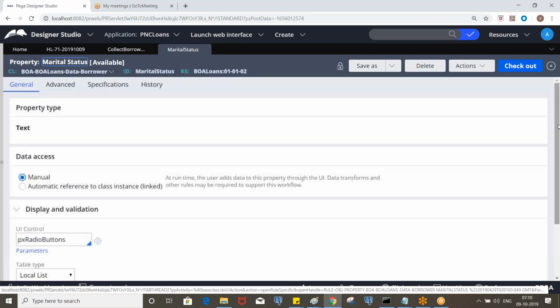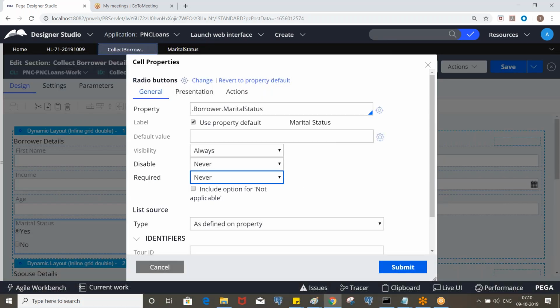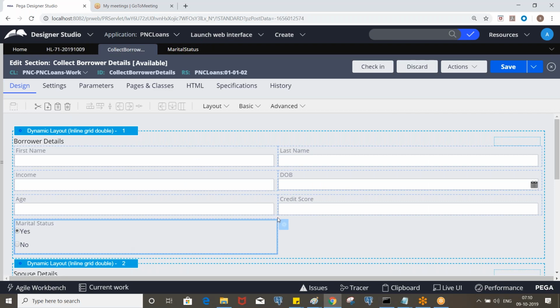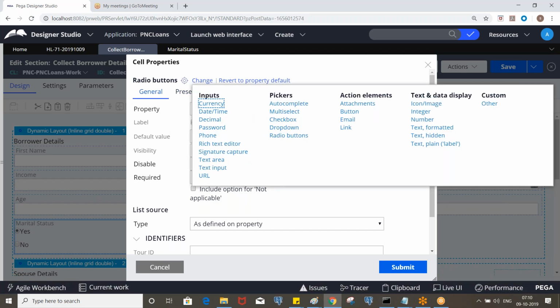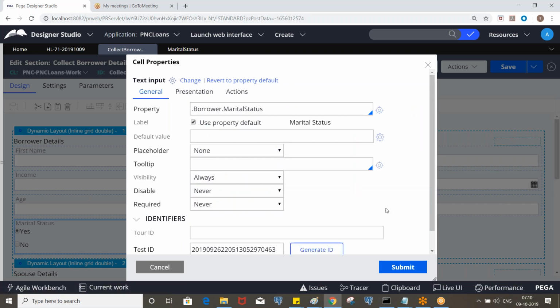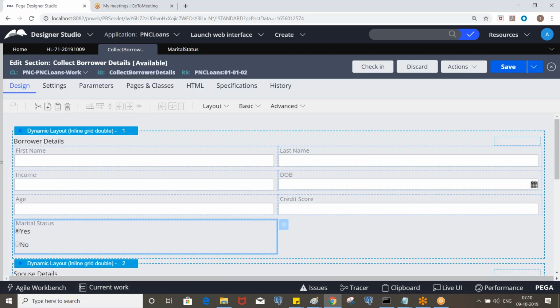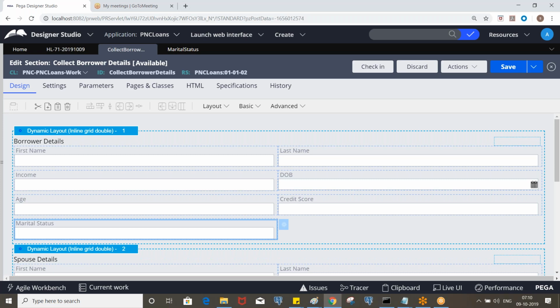But in some form, I want a different control. Here I don't want a radio button. I want it to be a text input, for example. So we can make it a text input, but the original control will be a radio button, and the values you must enter are either yes or no. So this is called property validation. Clear?